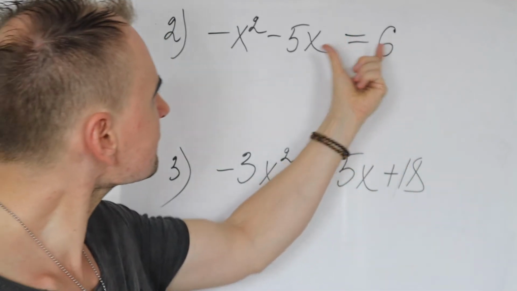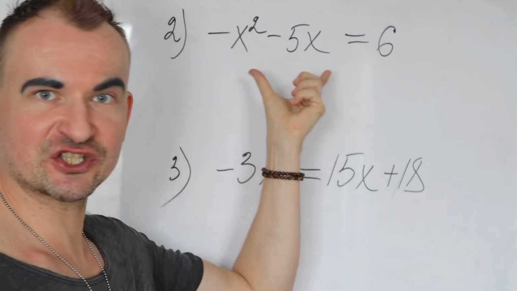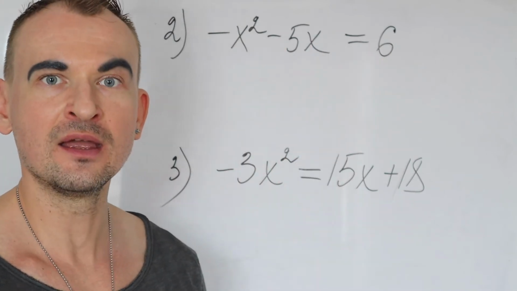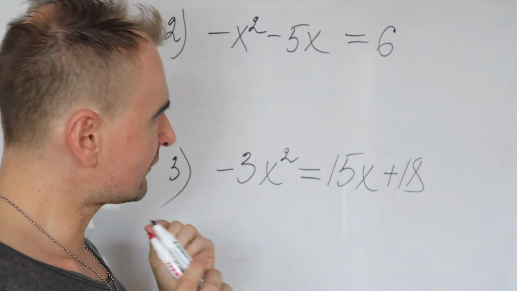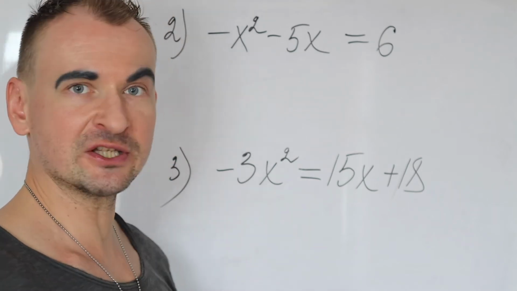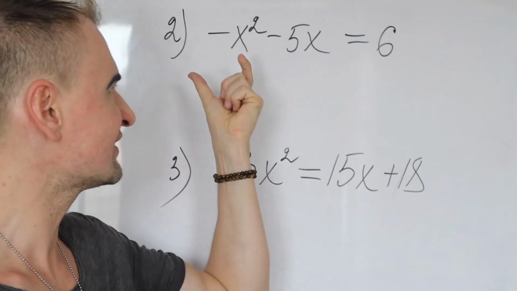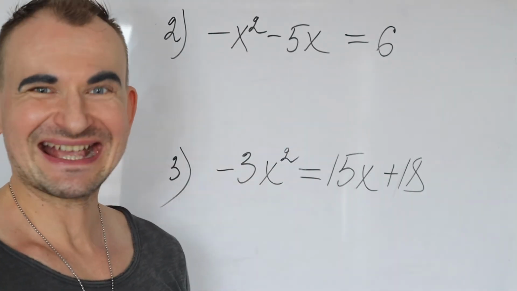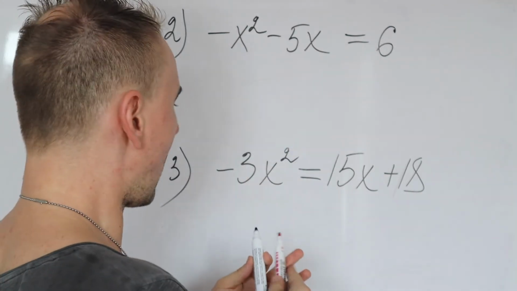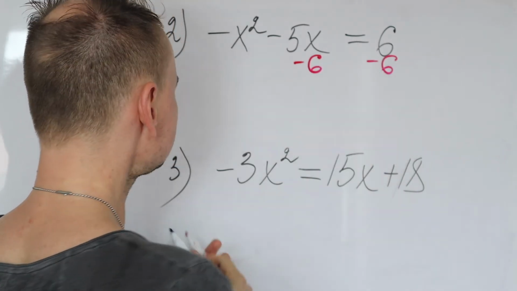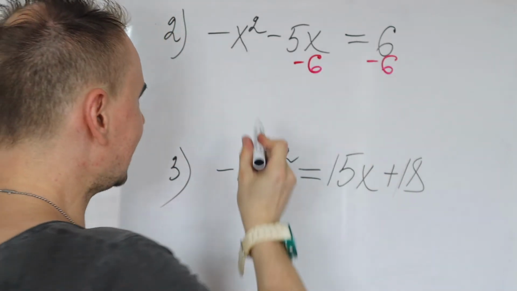Now, you have your x terms on the left side and you have 6 on the right side. So what you can do, you can just move this 6 to the left side by subtracting 6 from both sides. So you subtract 6 and it becomes